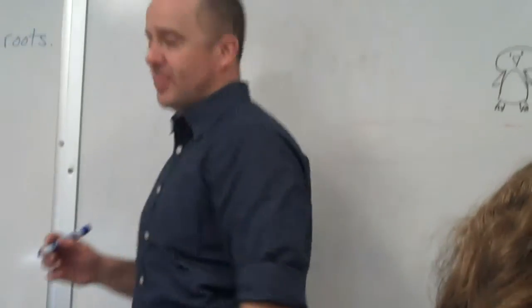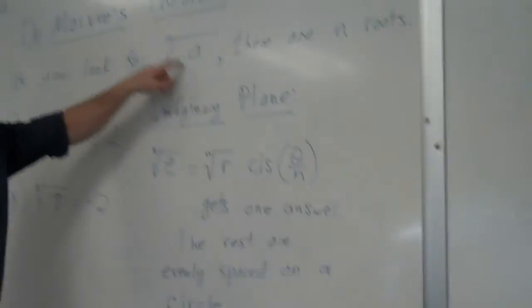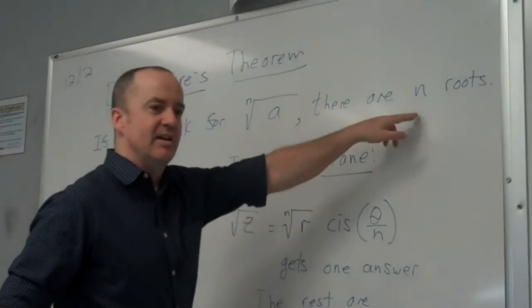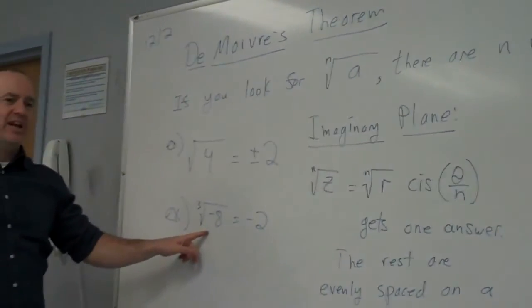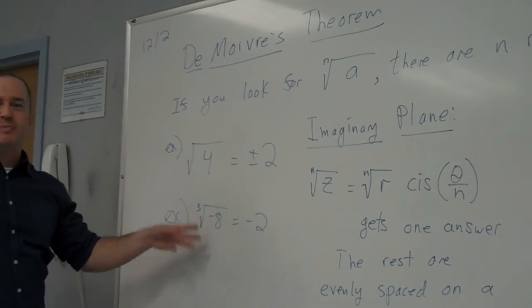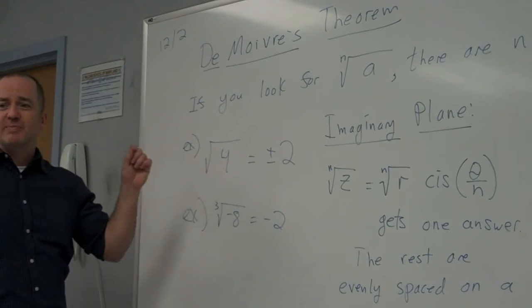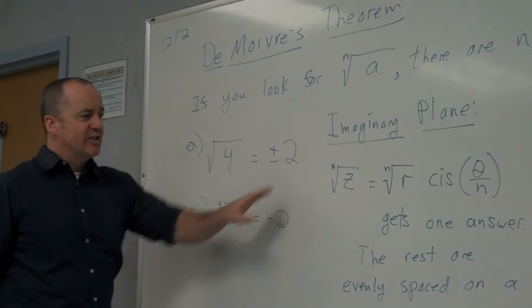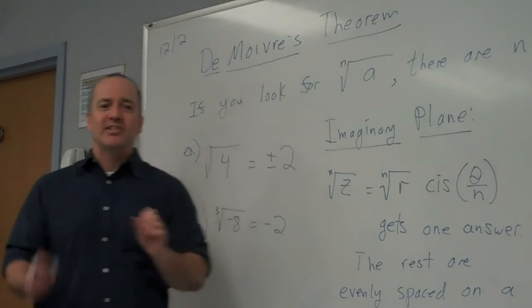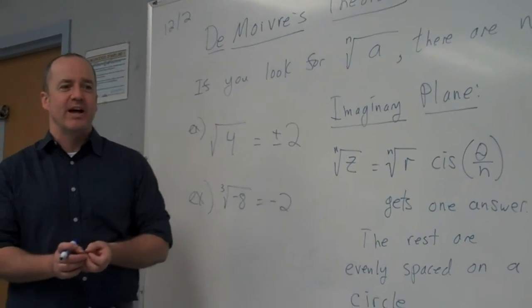Okay, so what do you mean by the rest? The rest of the answers. If you look for an nth root of a number, there are n roots. So if you look for the cube root of -8 on the complex plane, you should expect 3 answers. If you look for the 5th root of something, you should expect 5 answers. And this formula will get you one of them, and the rest are evenly spaced in a circle on the